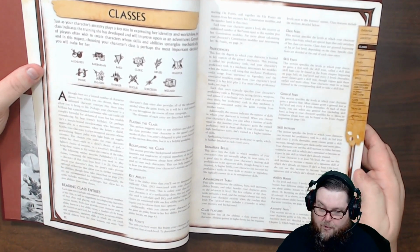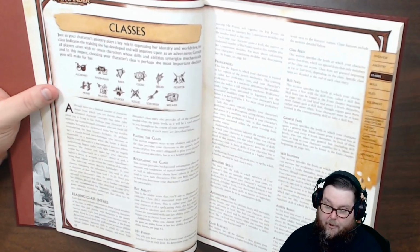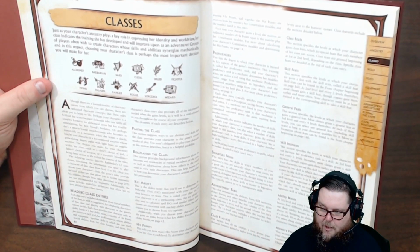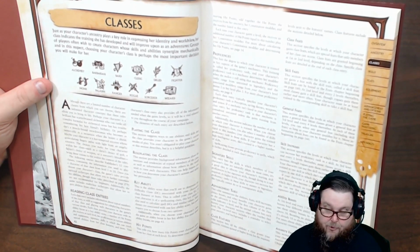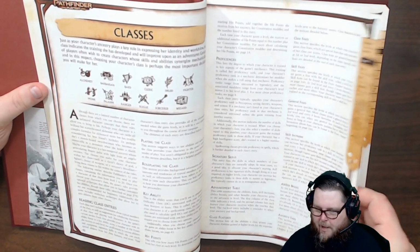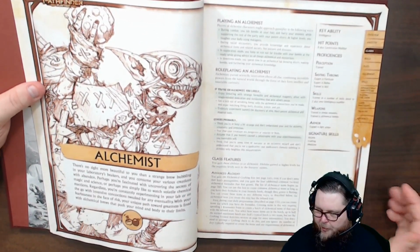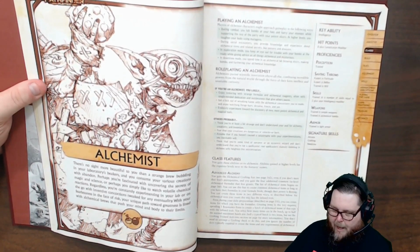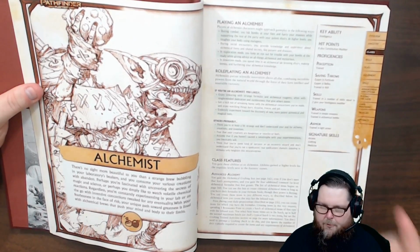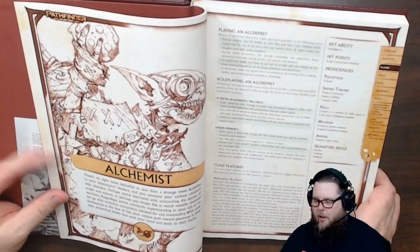They've added in the Alchemist. I've read a lot of the articles that they were putting out every day on the Paizo site too, and I really like the way that they put the classes together. And it looks like the Alchemist has now made it to the core of the classes, which I think was in the Advanced Player's Guide with the Ninja and the Gunslinger and Magus and stuff like that. So yeah, I just love the setup. I was looking at the PDF, and I'm sure the Alchemist is going to be a heavily played class in Pathfinder 2. And of course it has all of your starting key abilities and starting hit points,